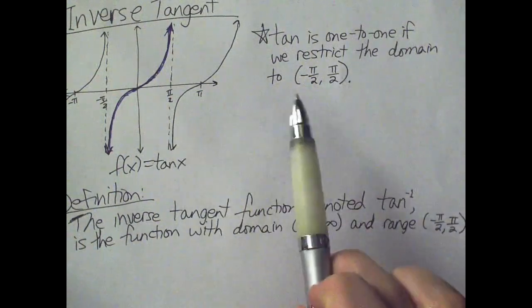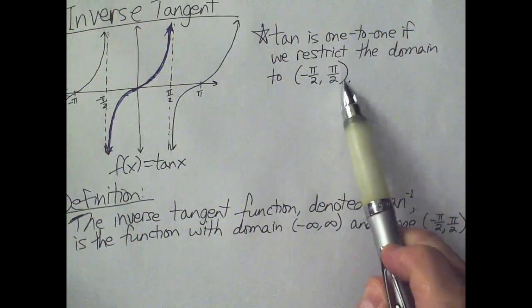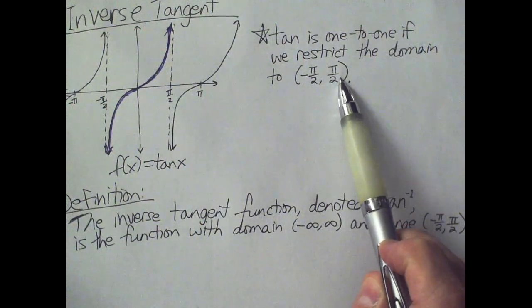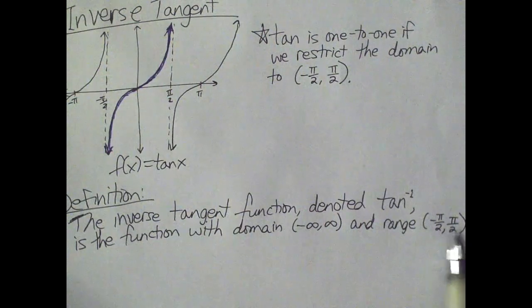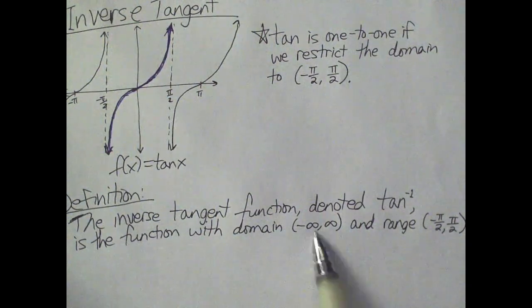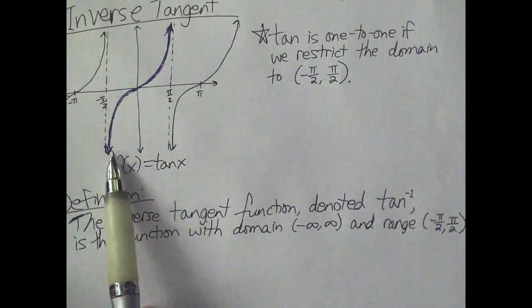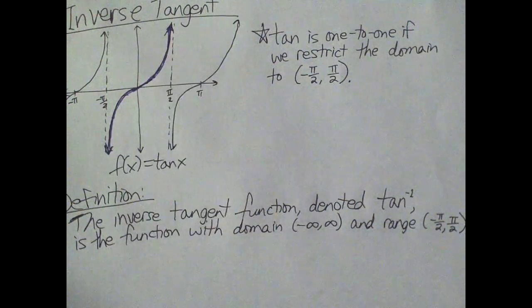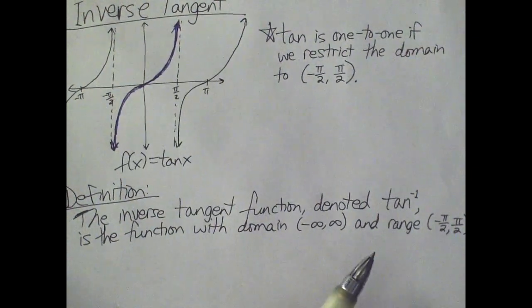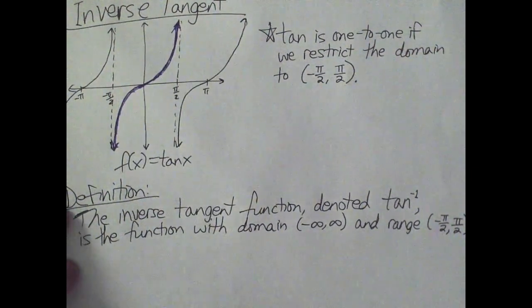So when we restrict the domain of tangent to be this, that becomes the range of inverse tangent. And the domain of inverse tangent is what was formerly the range of tangent. It's a little tricky to keep track of the way things swap around, but here, it's defined by